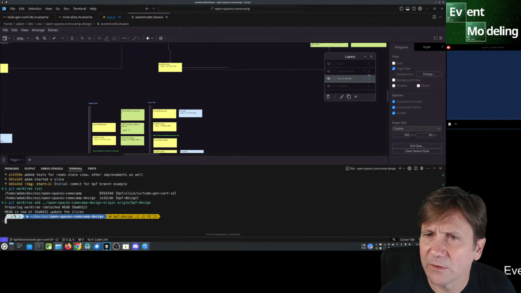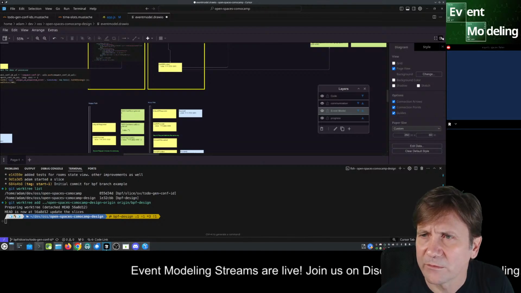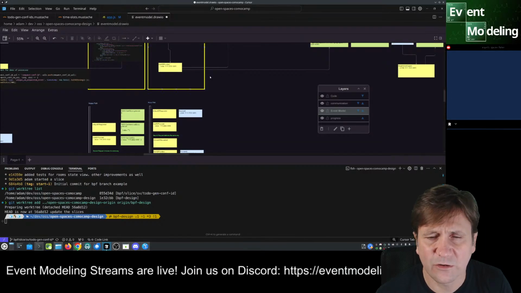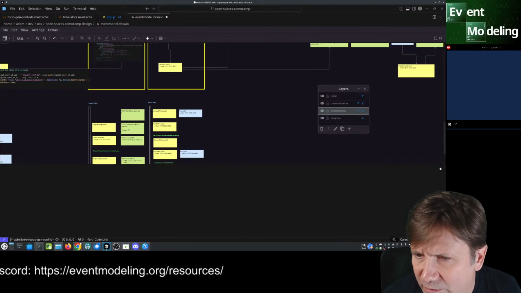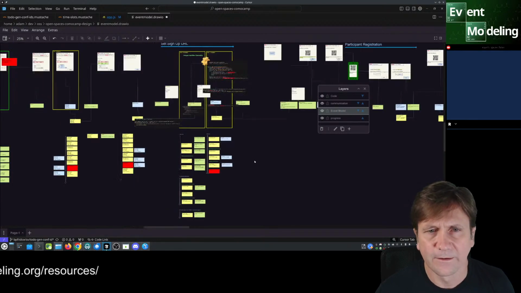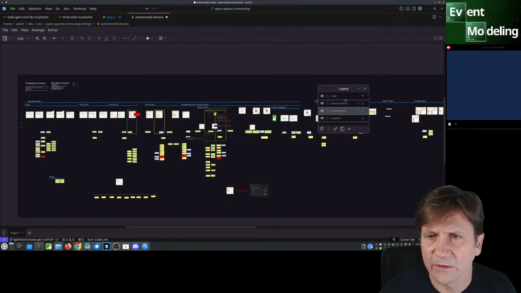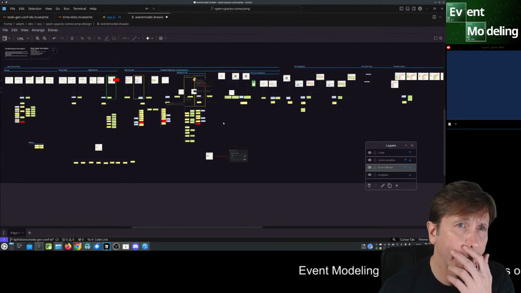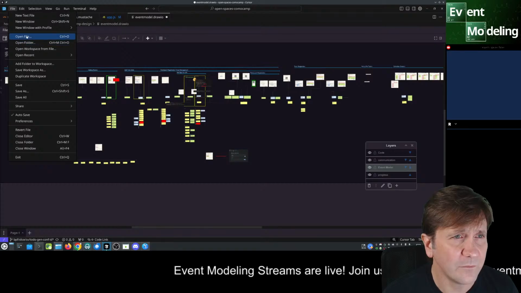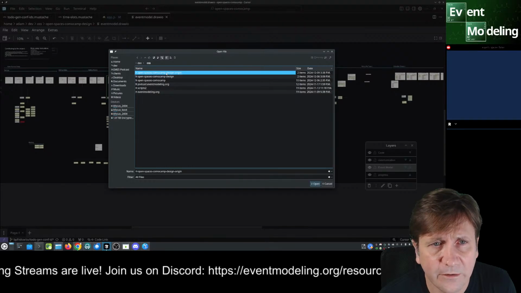So I'm going to open up all the layers here, just so I can see where everything is. I'm going to get rid of that because I want to show this side by side, or maybe up and down. Let's close this for now, so I can see a small version of the event model, like this, and then I can open file, and then go up one, and then check out the other one here.